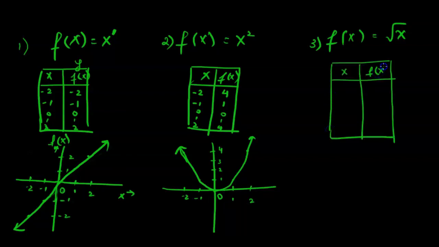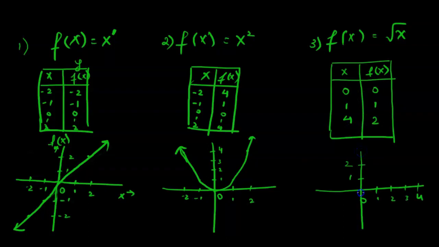For the square root function, we just have to make sure that we do not put in any negative x value because we cannot find the square root of negative numbers. So we start at 0. When x is 0, the y value is going to be square root 0, which is 0. Next, we can pick the easy number 1. Square root of 1 is 1. Instead of taking 2 and 3 as the x value, because the square root of 2 and 3 is going to be a decimal number, which is hard to plot, we can pick the next number as 4. Square root of 4 is 2. And these three numbers are good enough to plot.